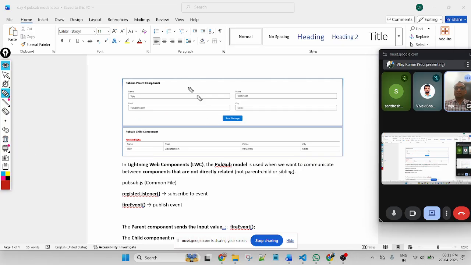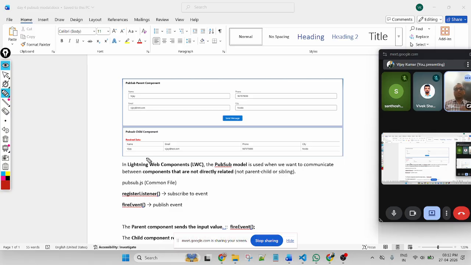You can see the component structure is similar to the previous session, but the inside of the functions will be totally different. If you remember, in my last session, the 5 day LWC masterclass, we covered how to pass data from child to parent and from parent to child. If you're passing data from child to parent, we use a custom event, dispatch event. If you're passing data from parent to child, then we use the other API function.